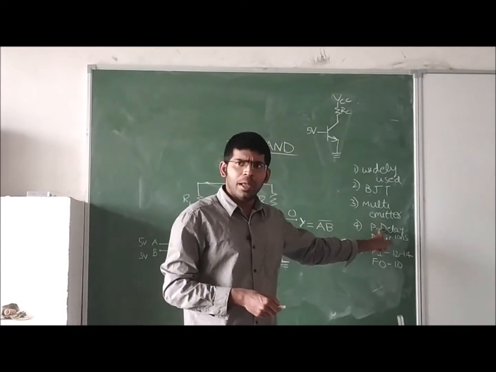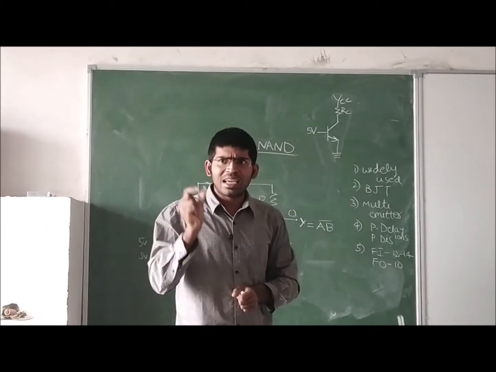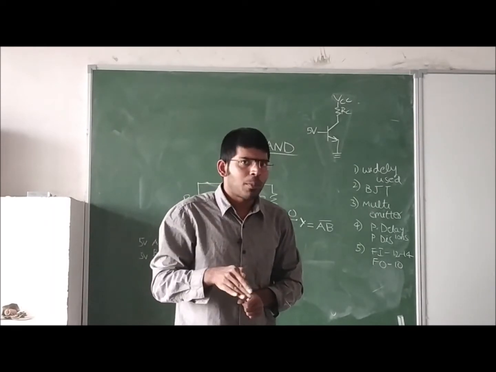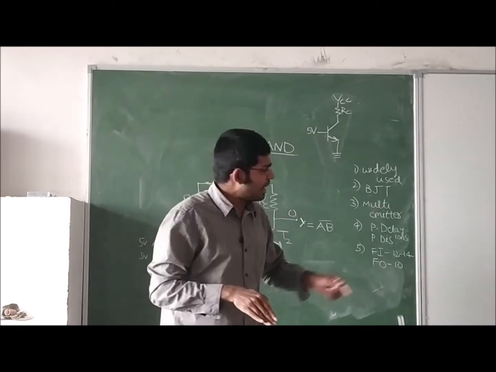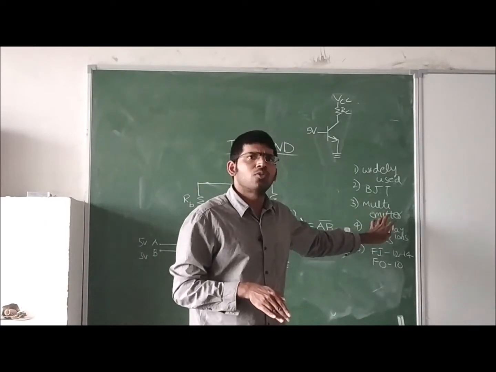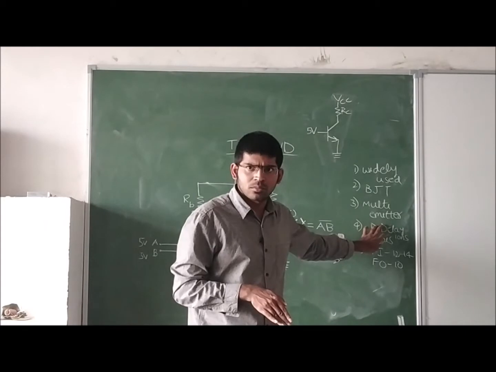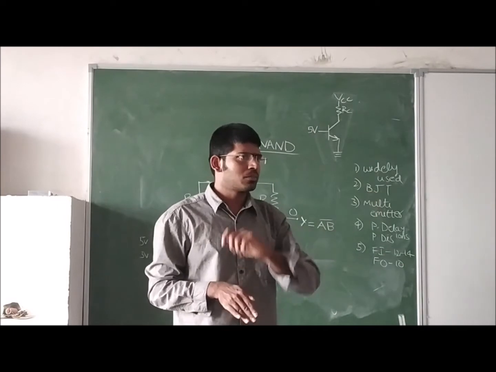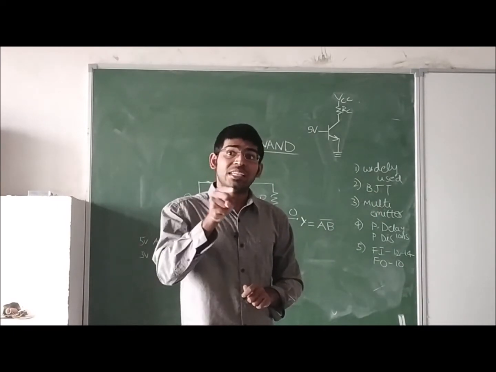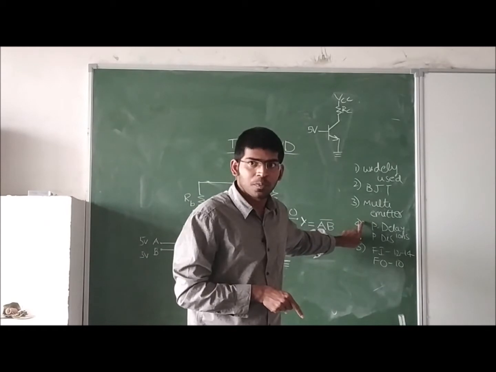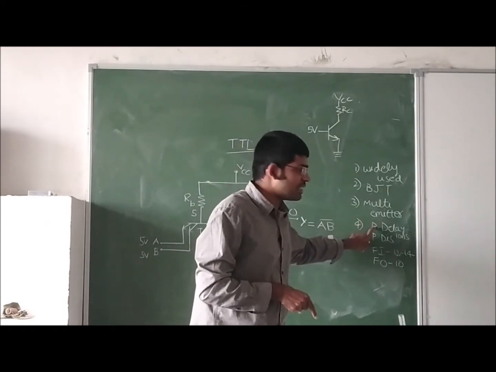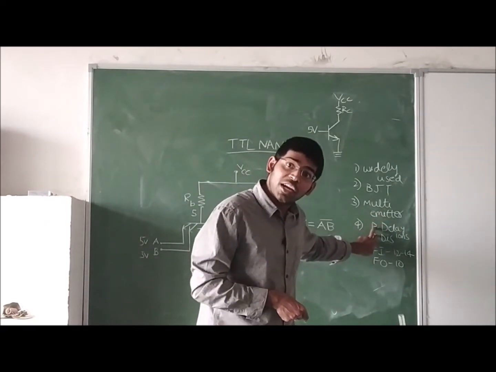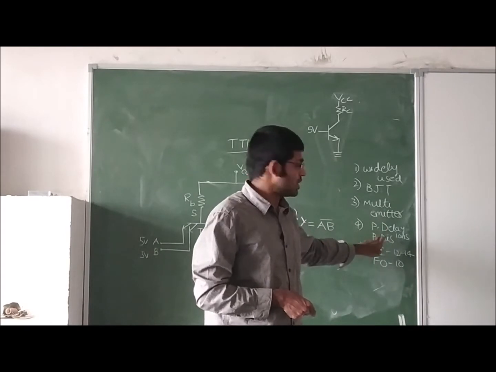Next, propagation delay, we have already discussed. In the TTL, the propagation delay compared to the ECL is high, but compared to CMOS it is low. In and around 10 to 15 nanoseconds is the propagation delay. Next, what is the power dissipation? Compared to CMOS, the power dissipation is high, there is no doubt. But compared to ECL, the power dissipation is low. So it is not best in propagation delay or power dissipation, but it has adequate propagation delay and power dissipation.